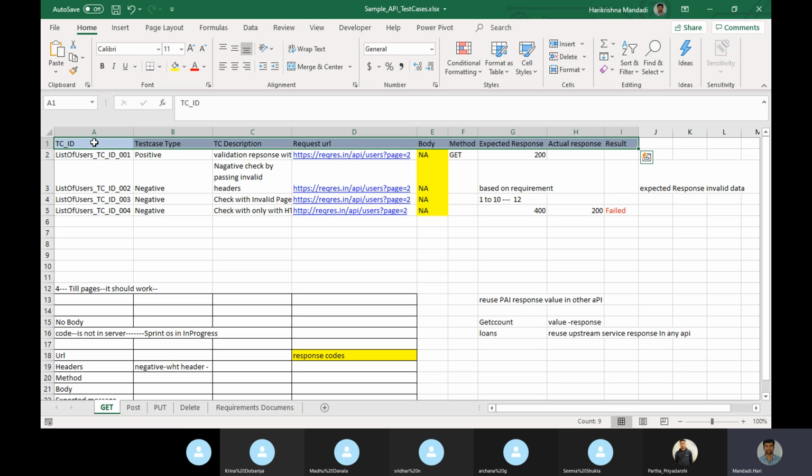That will be written by the business analyst or the PO, the product owner. Normally the product owner will write those. It varies from project to project, but in most cases I think it is the business analyst. In my project it is given by the business analyst. It depends on the workload they have.